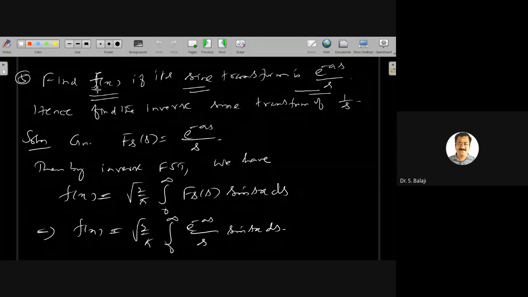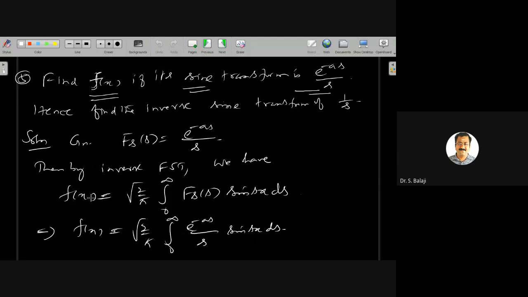They are asking f of x, but the sine transform is given here. Fs of s is equal to e power minus as by s. They are asking f of x, therefore you can use the inverse Fourier sine transform. Then by the inverse Fourier sine transform,